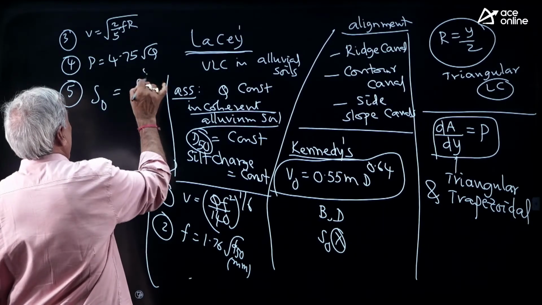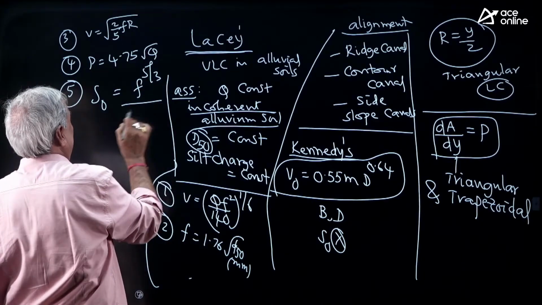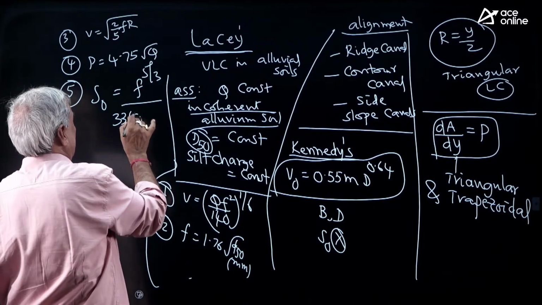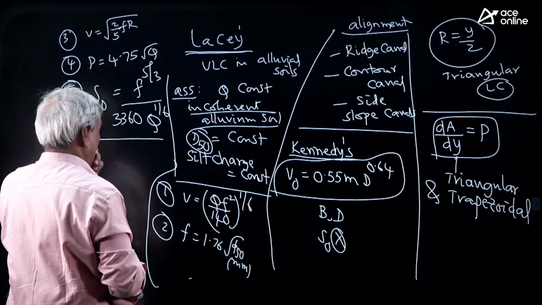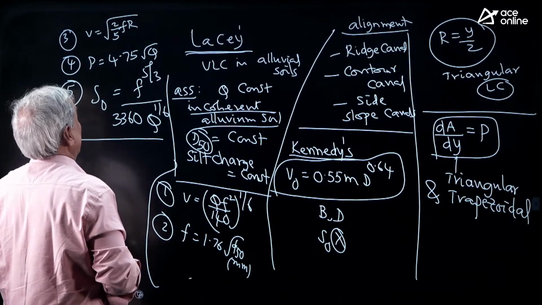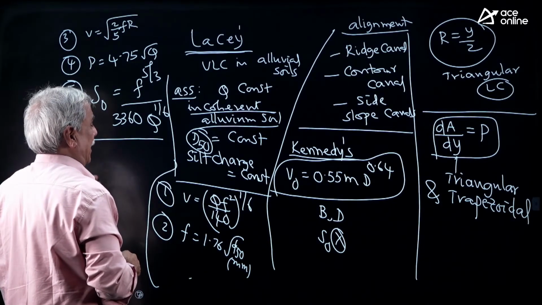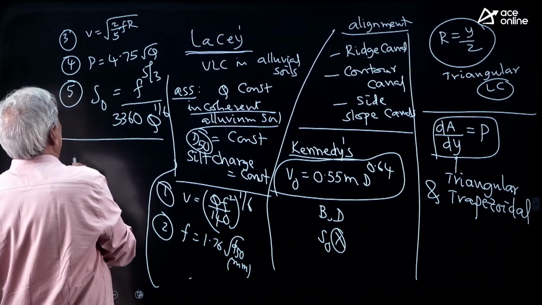S0 is equal to F to the power of 5/3 divided by 3360 Q power 1/6. These 5 formulas are most important, and we can calculate all the parameters. Other formulas are there, like for example,